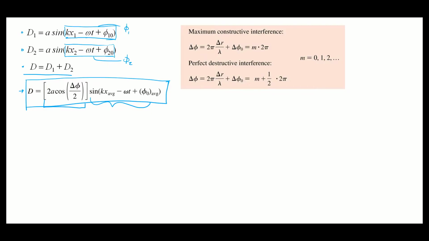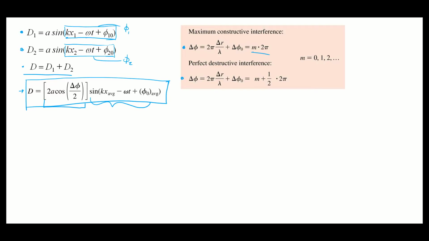And when we looked at that, the results were, essentially, for maximally constructive interference, the sine wave with the largest amplitude we could have, twice the individual amplitudes of the two waves that were interfering, we needed that phase difference to be some multiple of 2 pi. Essentially, if it was all just a path length difference between the sources and the observer, we needed that to be some multiple of a wavelength.